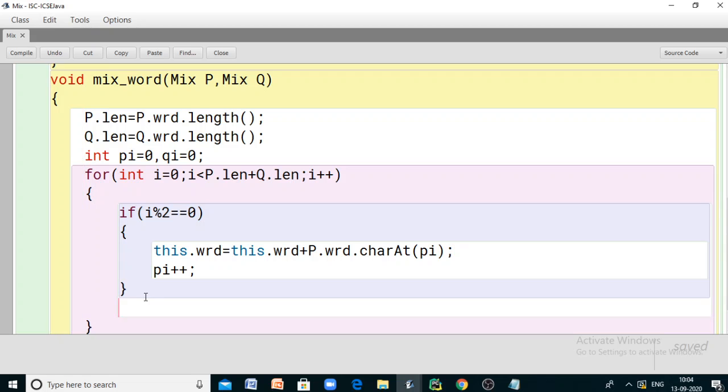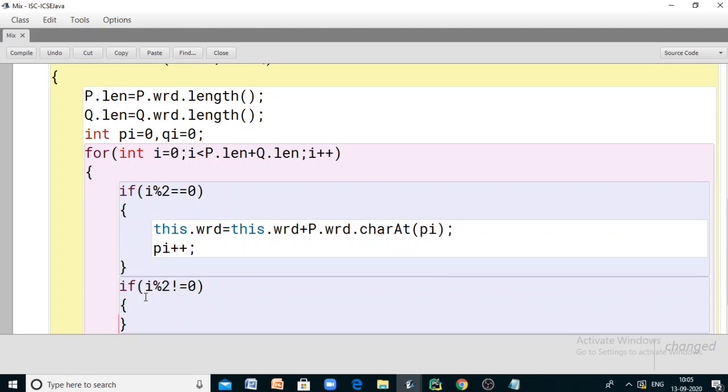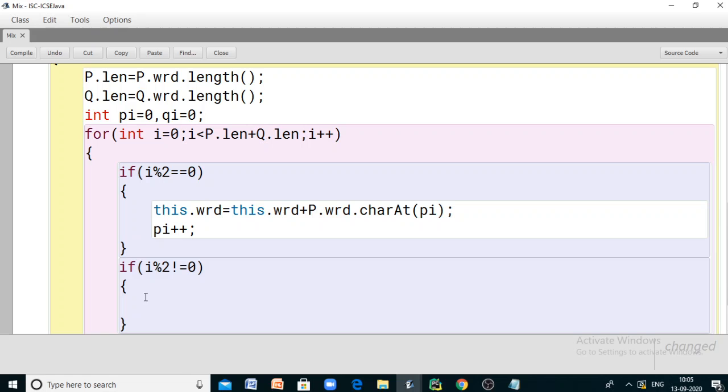Now the second case, if i is odd, so i is odd means i modulus 2 not equal to 0. When i is odd, I want to take a character from the second word, the corresponding alternating character. So q dot word dot charAt of qi. qi is a variable meant for denoting the index of the characters from the second word.